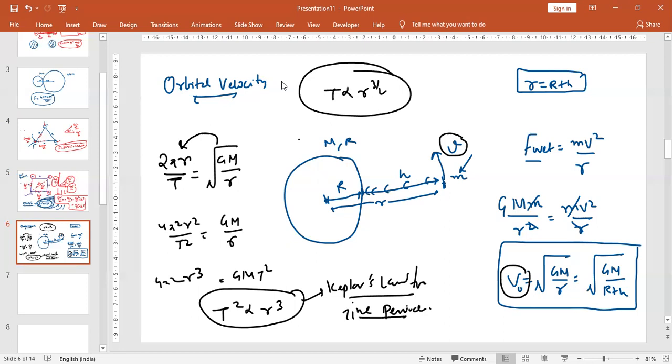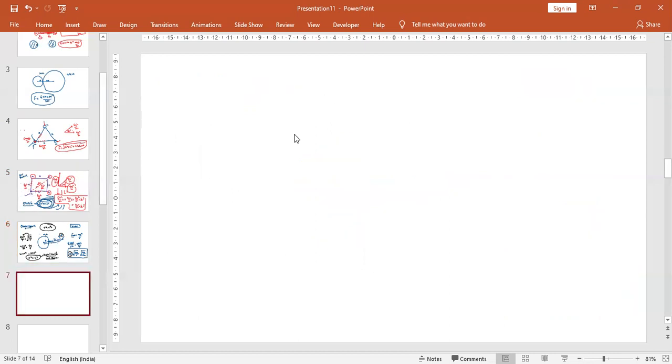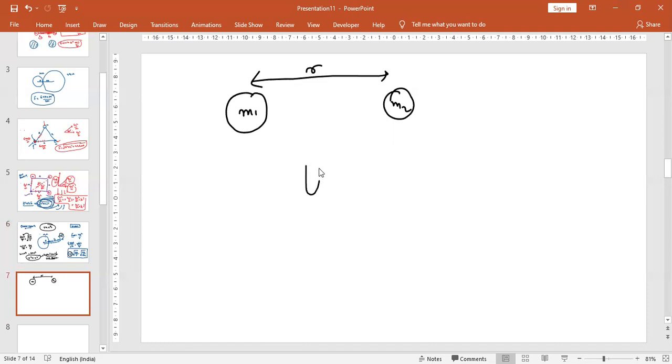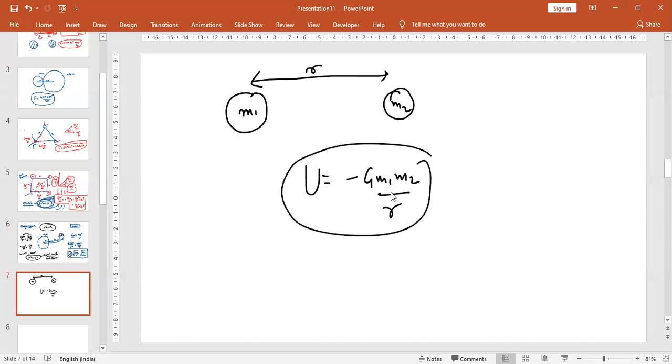Understood, sir. Understood? Okay. Similarly, you have to remember that between any two masses, suppose the distance between the centers is r. Remember, potential energy is also called interaction energy. It means whenever there is any kind of force between masses or between charges, there is some energy stored between them, and that is called potential energy. So between any two masses, the potential energy is minus G m1 m2 by r, where r is the distance